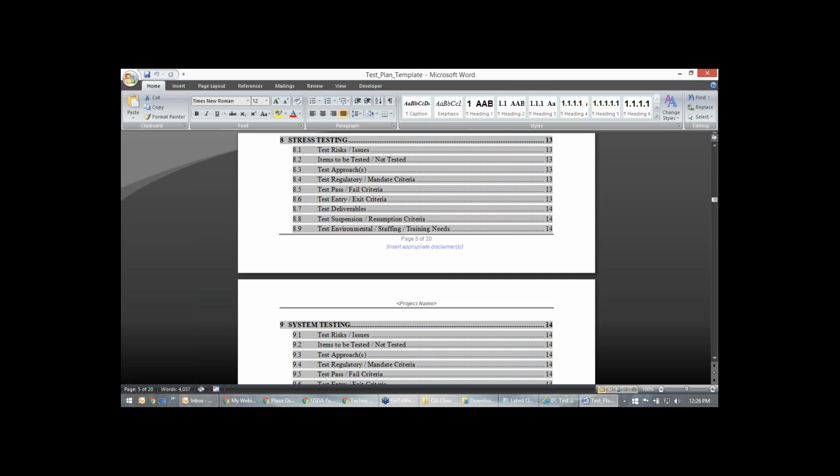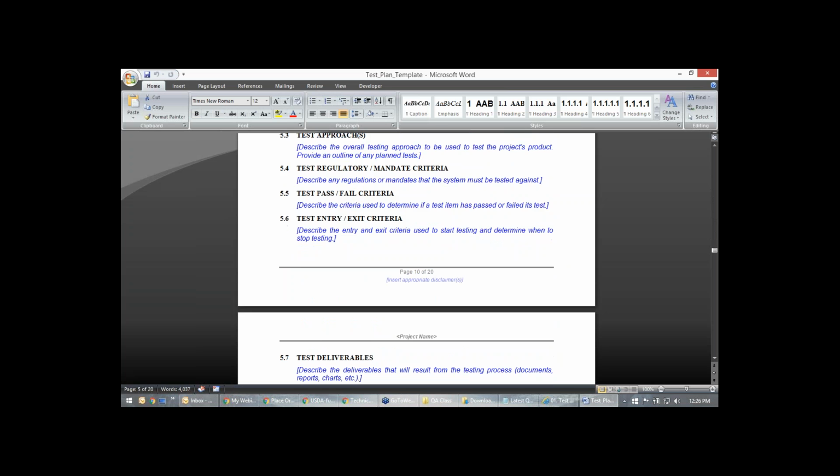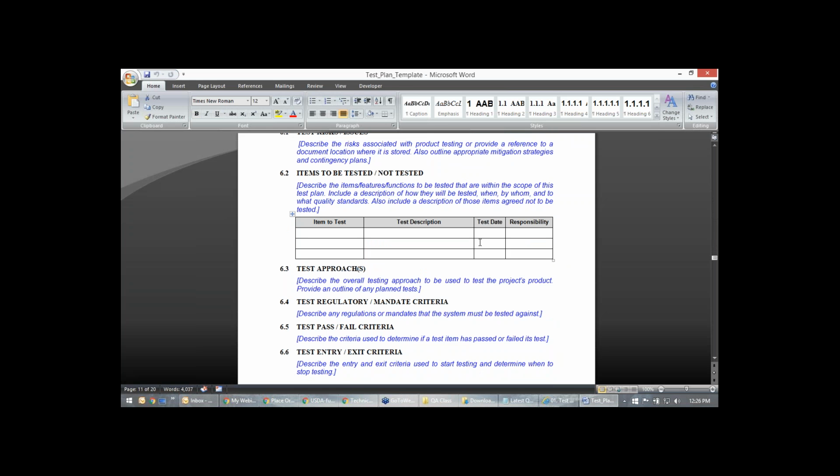So if you want to see how a test plan looks like, this is how it looks like. Okay, and this is the information that will be there. So normally in real time too, you will be doing the same. You will be only editing it. You will be removing all this, okay, this is not required, and putting this information.